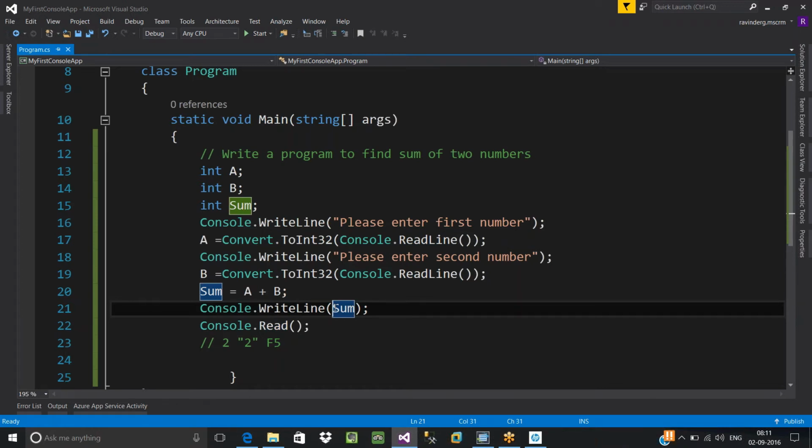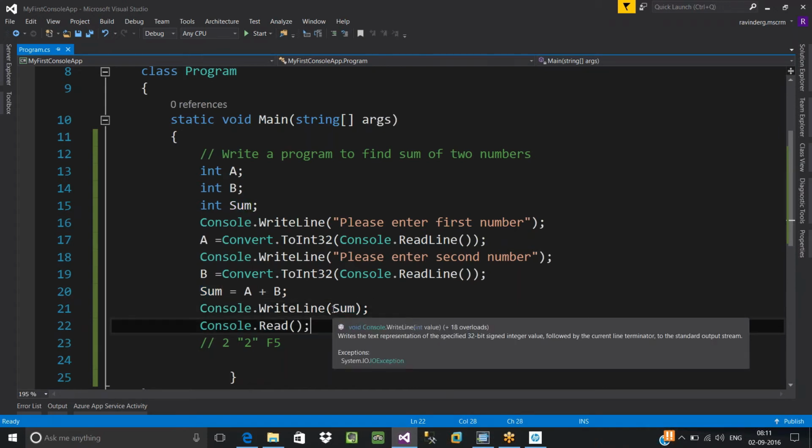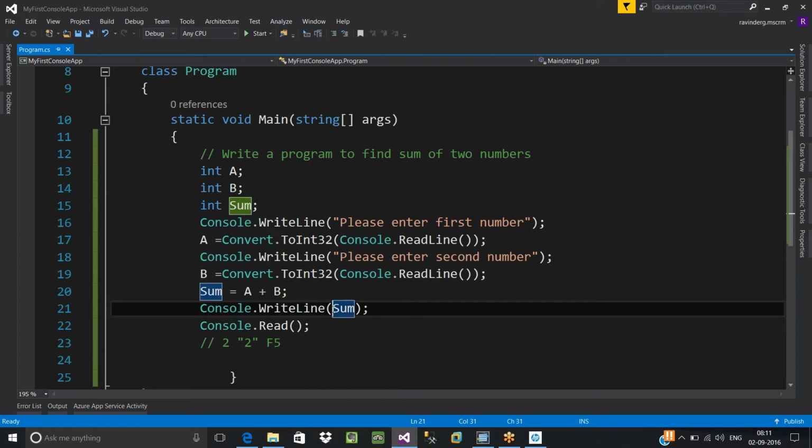So it means in order to present user-friendly messages, sometimes you need to concatenate some user-friendly message with the actual result. The actual result is there in sum. So you need to concatenate your actual result with some user-friendly message saying that the sum of your two numbers is 25. The sum total is 25. So whatever it is.